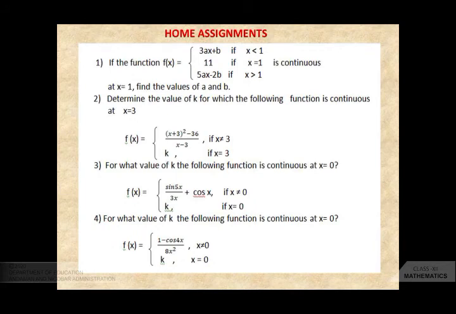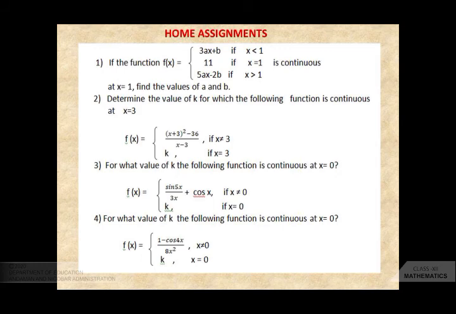Remember that when you find out limits, you know the method of finding the limits. You have to factorize it. So you have to apply the formula a square minus b square. When you apply it, and apply the conditions of limit x tends to, left hand limit, right hand limit, you will get the answer. Third, see, for what value of k the following function is continuous at x equal to 0. Same type of question it is. Again you have to apply the condition of continuity: LHL is equal to RHL is equal to function at that particular point. Apply the condition, use the idea of the limit and get the answer.